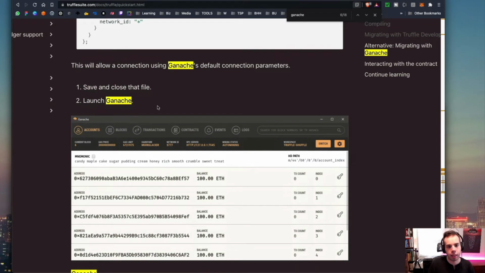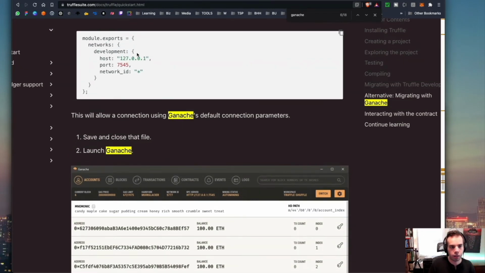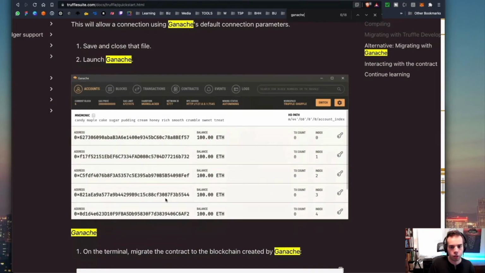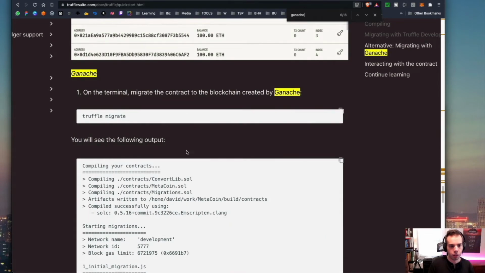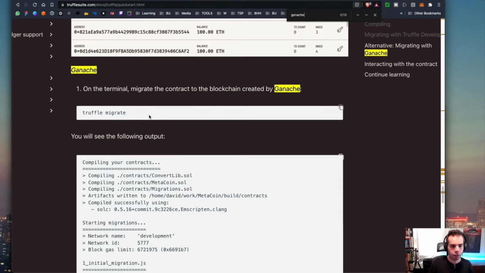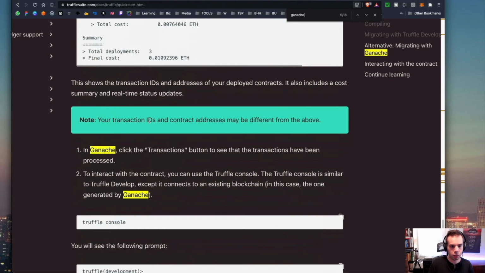Basically, Ganache is just a way to set the network ID so that you could use a graphical user interface as opposed to the command line. And it's actually a really great way to connect to a local blockchain. It's a little bit more visual and sometimes can help if you're really trying to see logs, blocks being hashed, contracts being written, really more visually see the balance changing in real time. So this is how you'd be able to manage it with Ganache, and this is what it would look like.